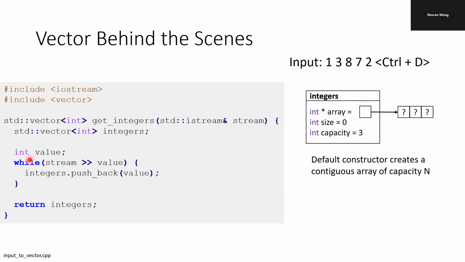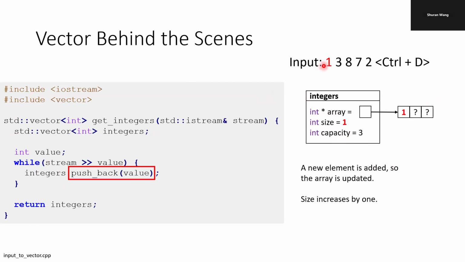After we read in the first input and push it back, we increment the size by 1 and put the first input into the first slot. The second input, we increment the size by 1 and put the second input into the second slot. And same for the third input. And when we are pushing back the fourth input, because we are exceeding the capacity of 3,